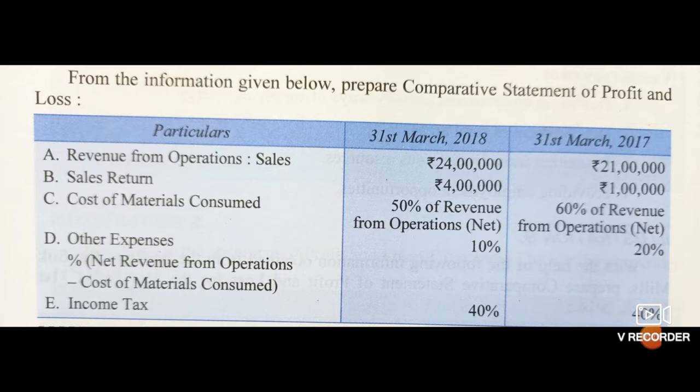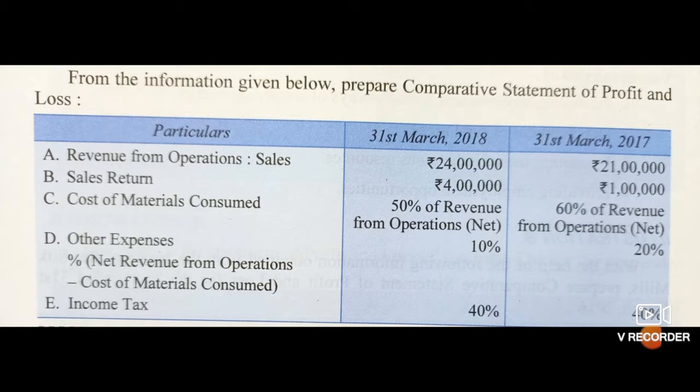That is 10 lakhs. Similar case on 31st March 2017, 21 lakhs minus 1 lakh sales return, the revenue from operations will be 20 lakhs. 60% of revenue from operations will be cost of material consumed. So 60% of 20 lakhs will be 12 lakhs. Okay, so cost of material consumed will be 10 lakhs and 12 lakhs. Understood? Now, other expenses 10% and 20%